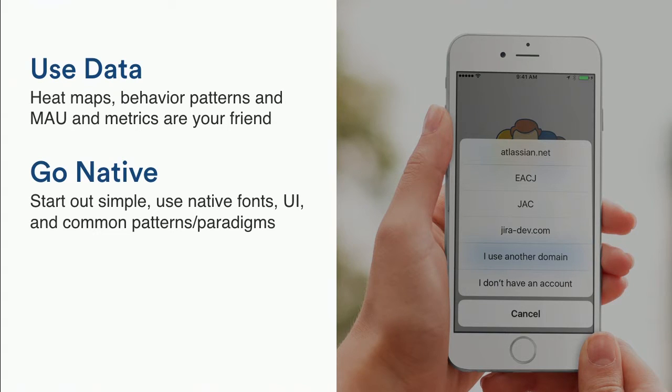So one of the things we wanted to prioritize from a user or customer perspective is that you pick the platform. So we don't want to change your native fonts. We don't want to change how you arrive at your settings. We want to adhere to that because you chose the platform, whether it's Android or iOS. And that's important.